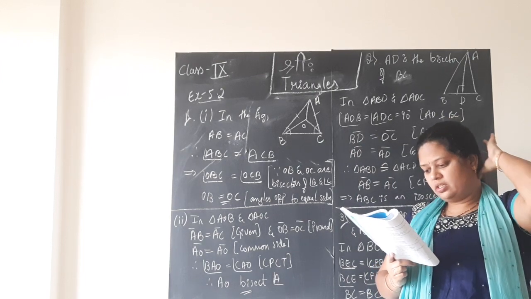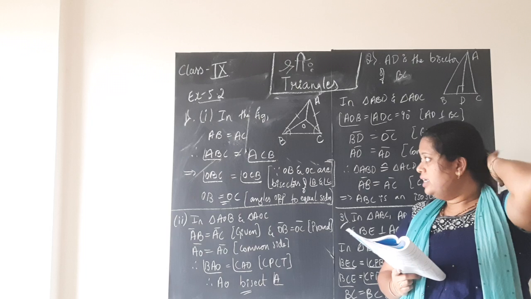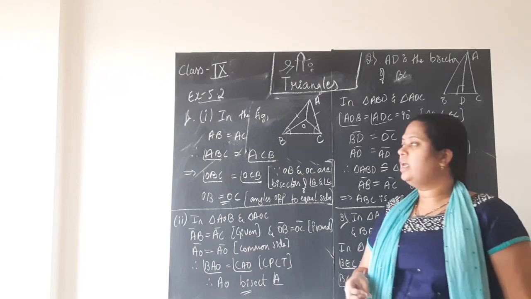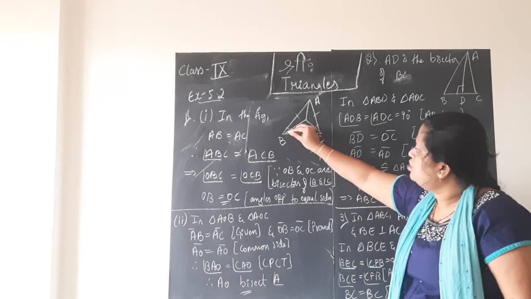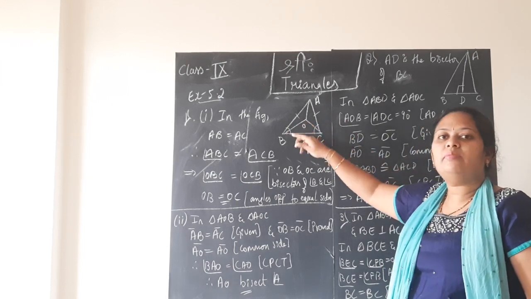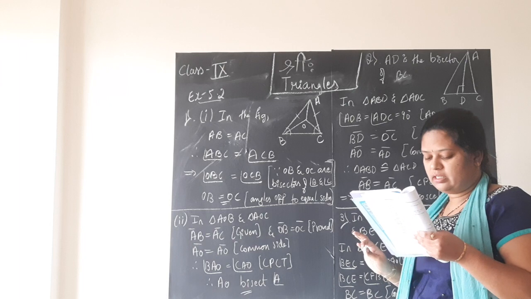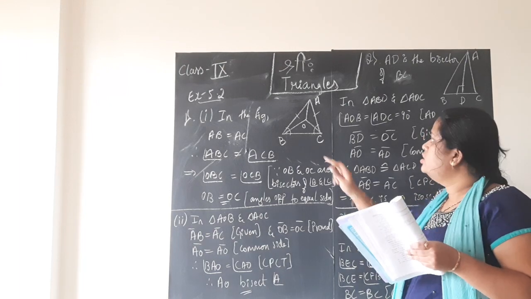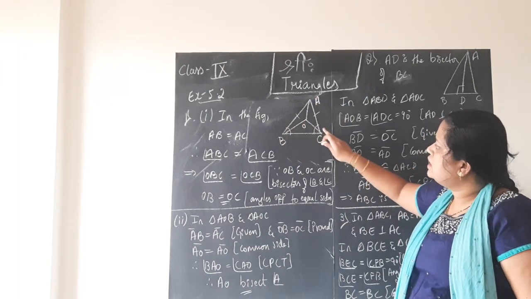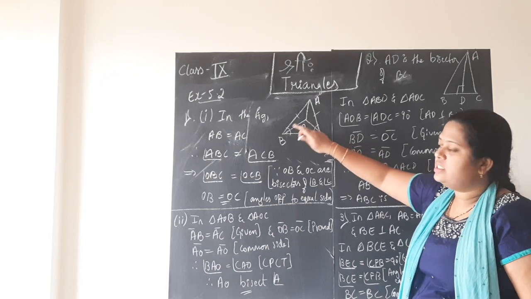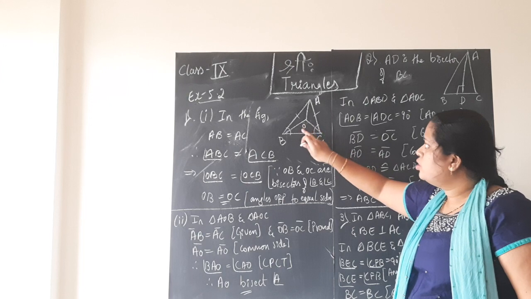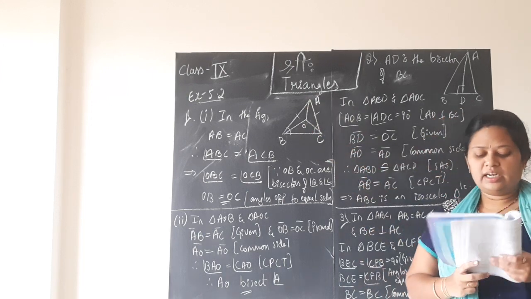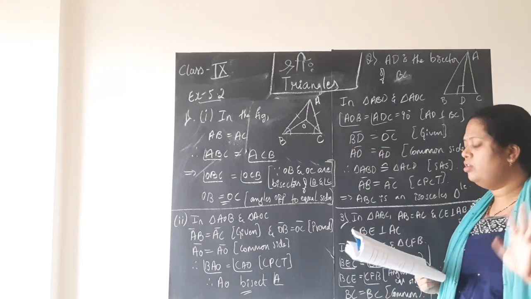So I am drawing lines AB equals AC to show that they are equal. And the bisectors of angle B and angle C intersect each other at O, they are telling. So bisectors for angle B and angle C you should draw, means children, you should draw a line passing through angle B and angle C. You know the meaning of bisector now. And join AO. So the bisectors of angle B and angle C, these two lines are intersecting at point O, and join OA, the third side they are telling. So this is the figure you get on doing so.